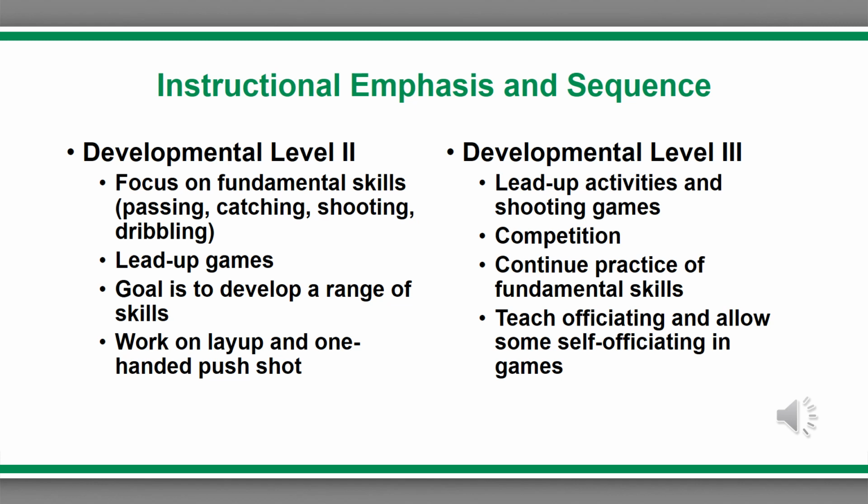So we have the lead-up games in the book called like birdies in the cage or circle guard and pass drill. So they're working on these fundamental skills as opposed to playing an official game of basketball. We also want to teach them how to do a layup shot, a one-handed shot, in developmental level 2, the 3rd and 4th grade. Then for developmental level 3, the 5th graders, this is where we still provide lead-up activities, just like we did,